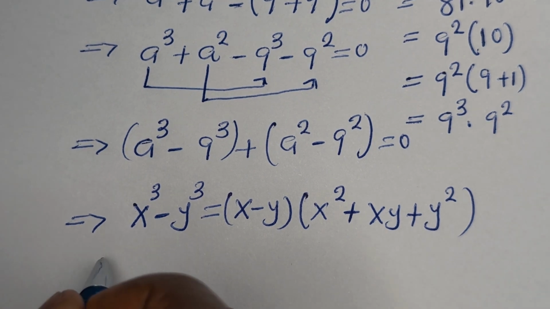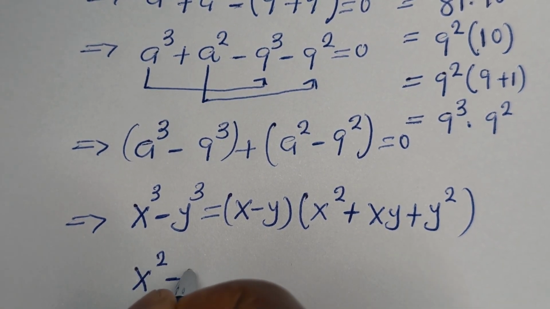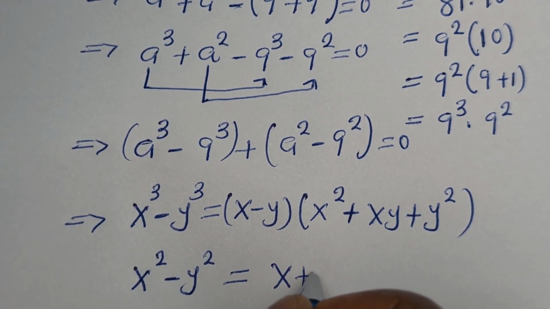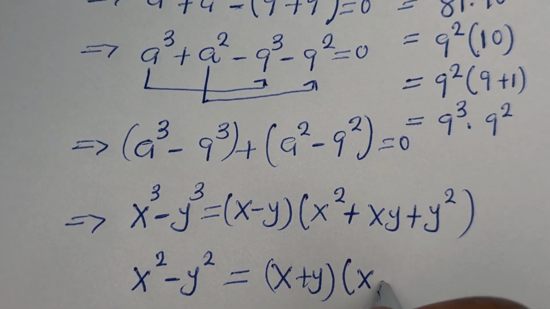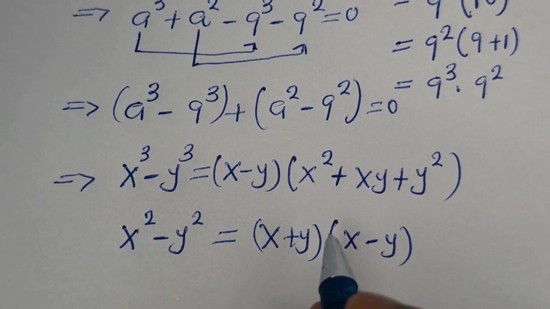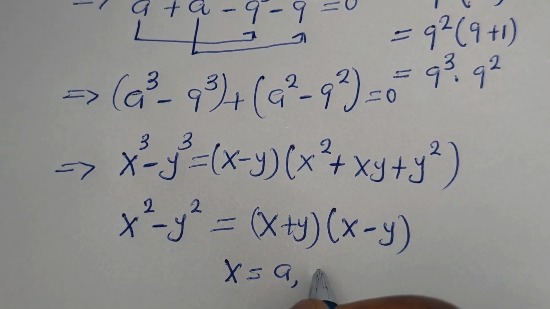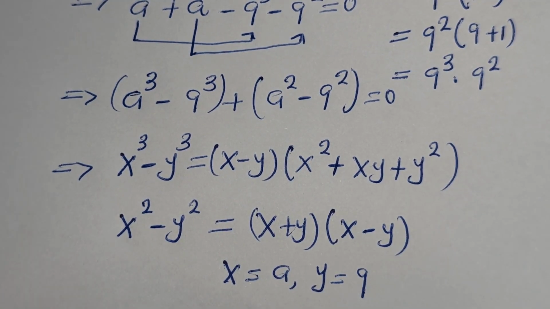Then if you have x square minus y square, this is x plus y bracket x minus y. And from here, x is equal to a, y is equal to 9. Then this can be written as